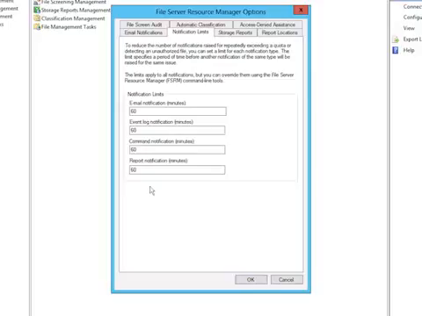So the default is 1 hour. You can change that to a shorter or longer period of time, but the idea is this way you will get an email, and even though that user may still be over their quota limit, you won't be bothered again for another hour. And that's kind of nice, especially if you were managing a global environment